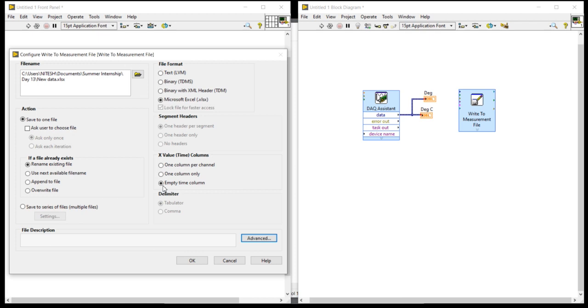Now I am going to select one column only, for the timing. For the timing, one column only. For override, no override, just keep it the same as it is. Now hit the OK button.